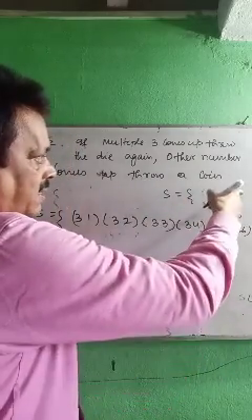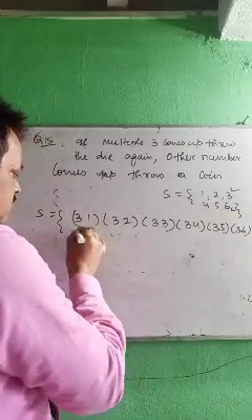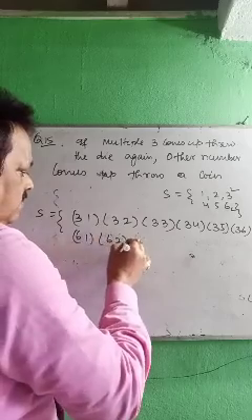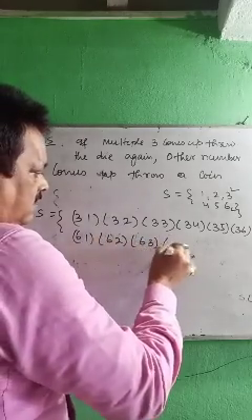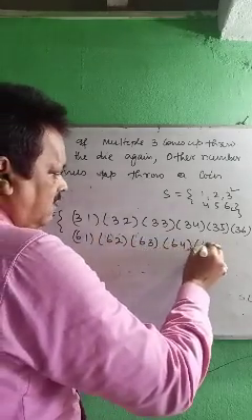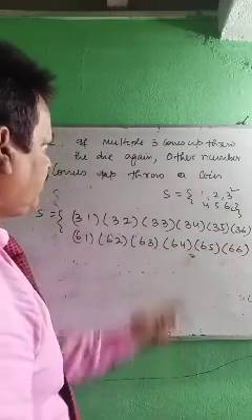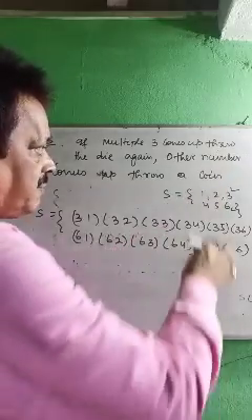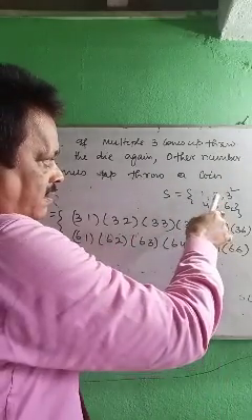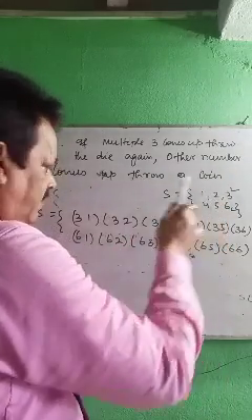Similarly for 6: 6 1, 6 2, 6 3, 6 4, 6 5, 6 6. If any other number comes out, that means 1, 2, 4, 5,